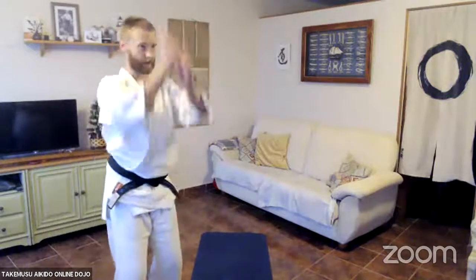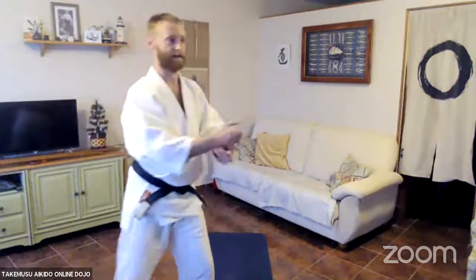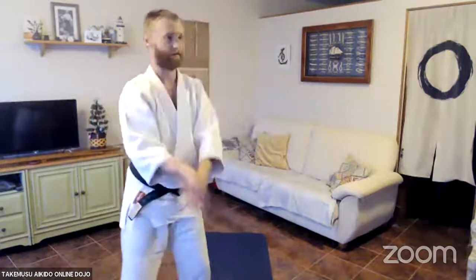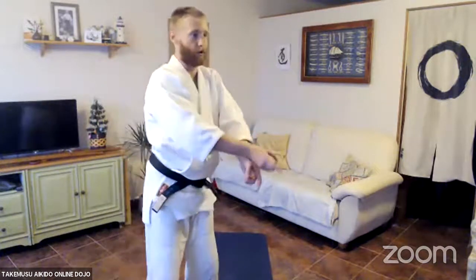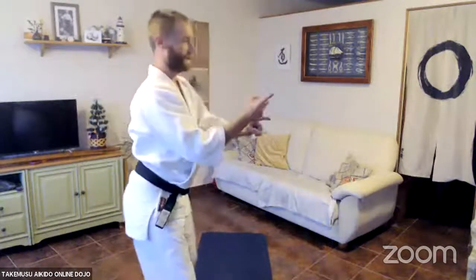So I want to feel all the time the arms are working here, but there's a real kind of freedom in terms of the structure being able to move, but it's got to feel like it's connected to the center. Otherwise it's just the arms kind of being loose, or I just lose the extension as the body comes in, and then I've got no functionality in terms of doing things. So just play a little bit